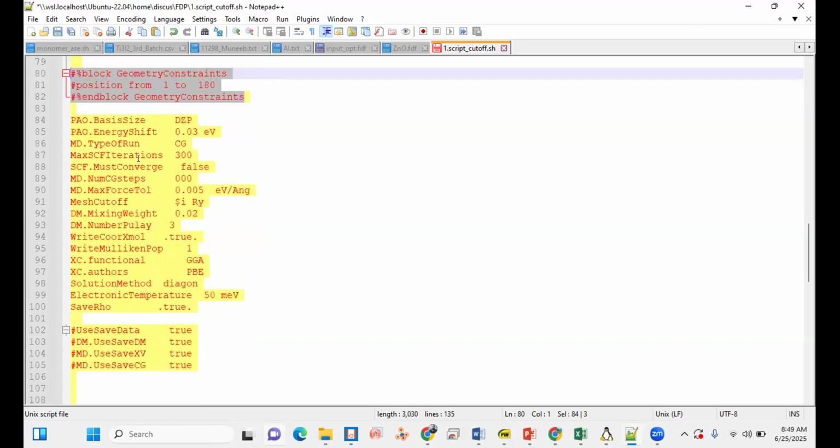Use this method and run the molecular dynamics run, where the iteration value is 300, maybe 500 is best in some cases. In some cases, 300 is okay. The SCF must converge when you draw it.